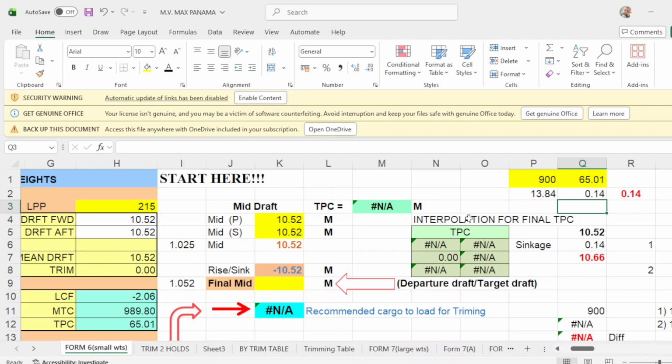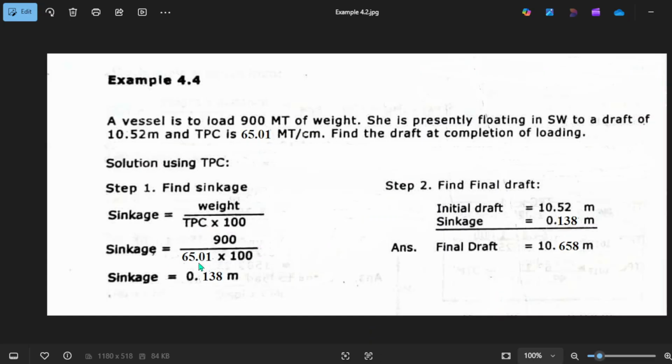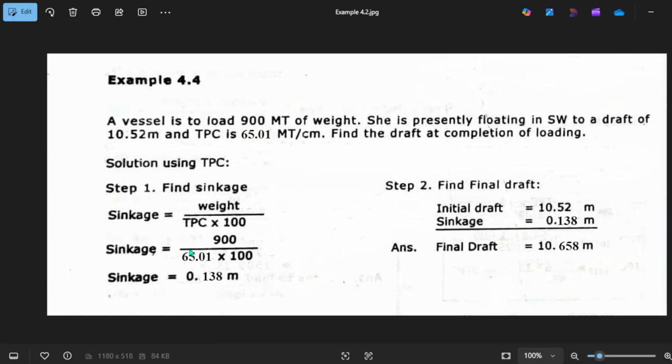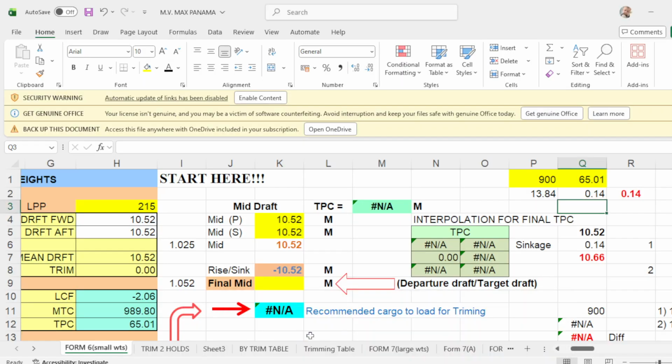So when you have 13.84, you divide it again by 100. So 900 divided by your TPC, you will get the value of 13.84. Then 13.84, you divide it again by 100, then you will get 0.138 or 0.14, which is this one. So this will be your sink gauge.